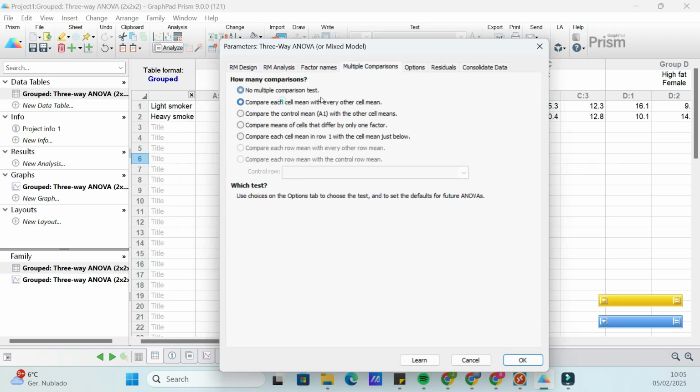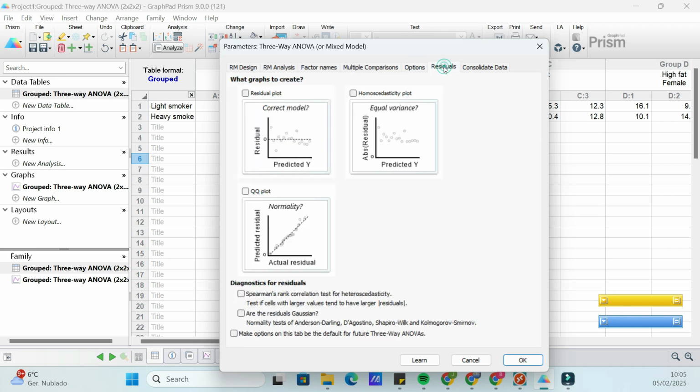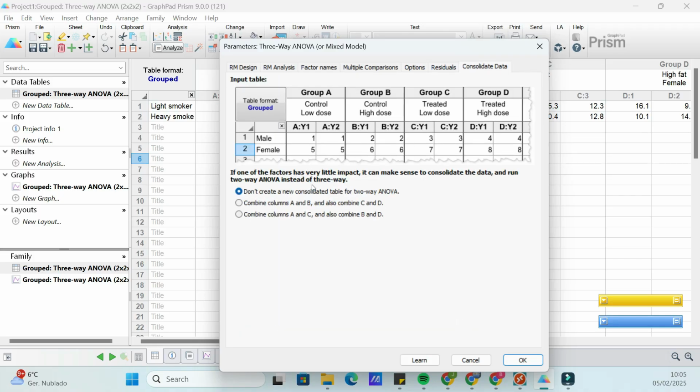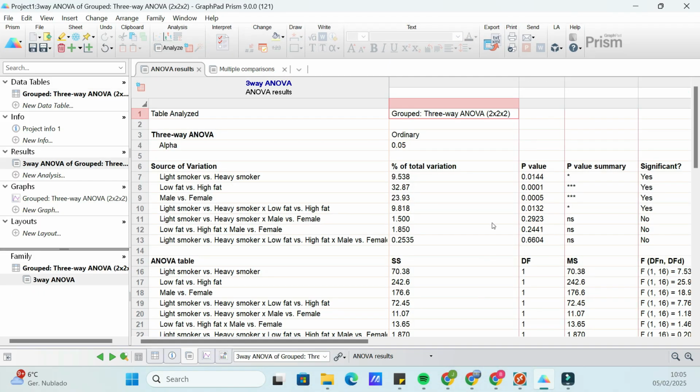Now that your data is in Prism, click on the Analyze button. In the Analysis dialog, select the option for Multi-Factor ANOVA. Choose the three-way ANOVA. Configure the analysis by assigning each column of your data to the appropriate factor. GraphPad Prism will then calculate the main effects for treatment, time, and gender, as well as their two-way and three-way